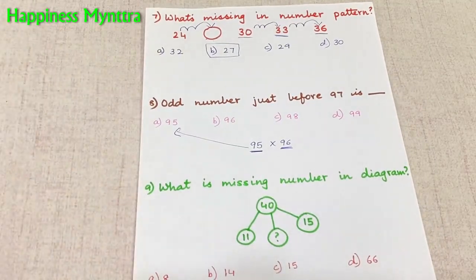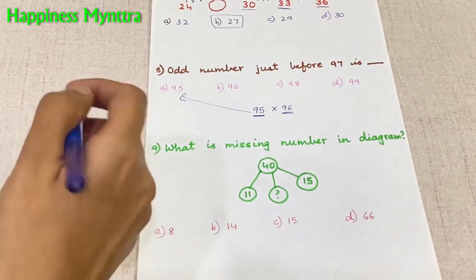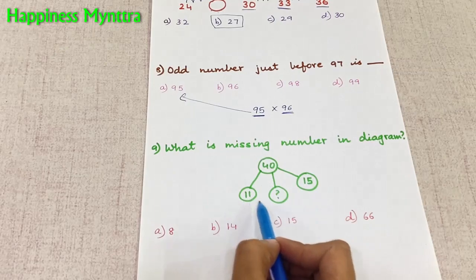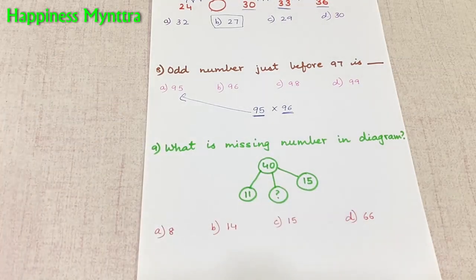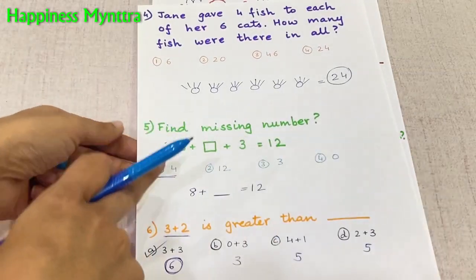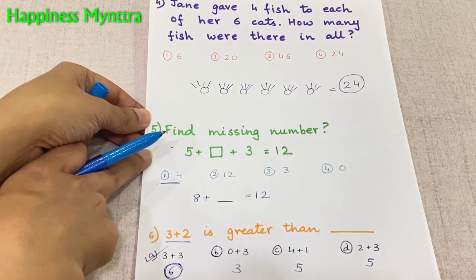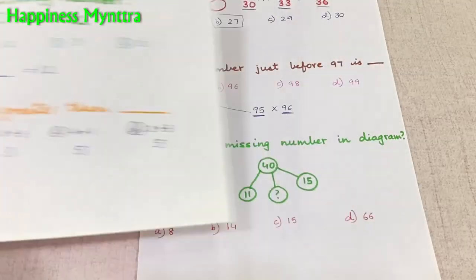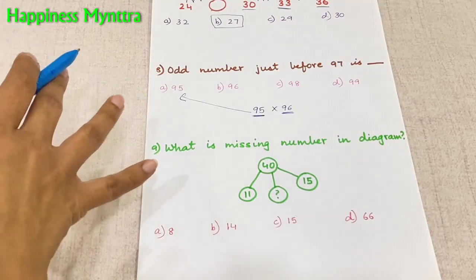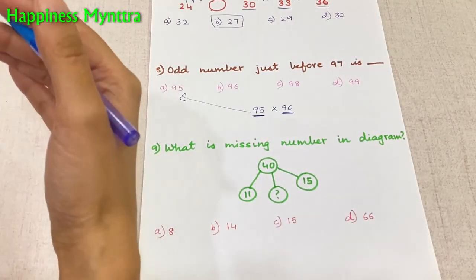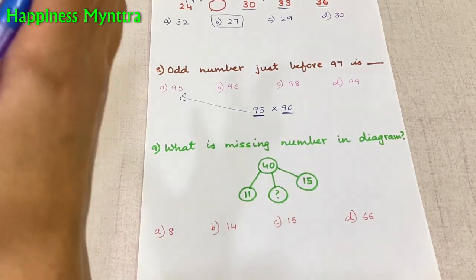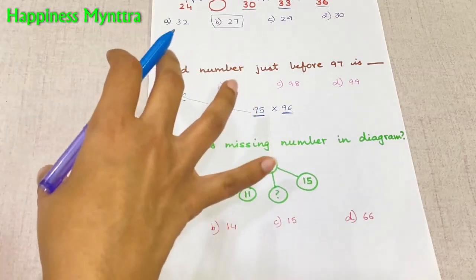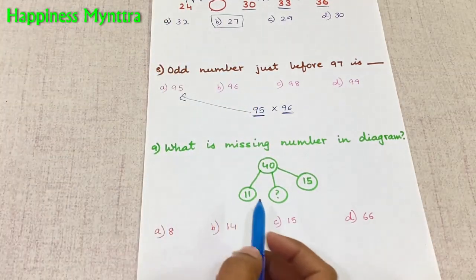Now we have this question which says, what is missing in this number diagram? It is similar to this earlier question. Let me find it. Yes, it was similar to question number 5, where we had to figure out what number was missing in the box. Just the presentation is a little different, so the children get used to using their concept of logic in different ways, applying their logic, applying their knowledge to a question.